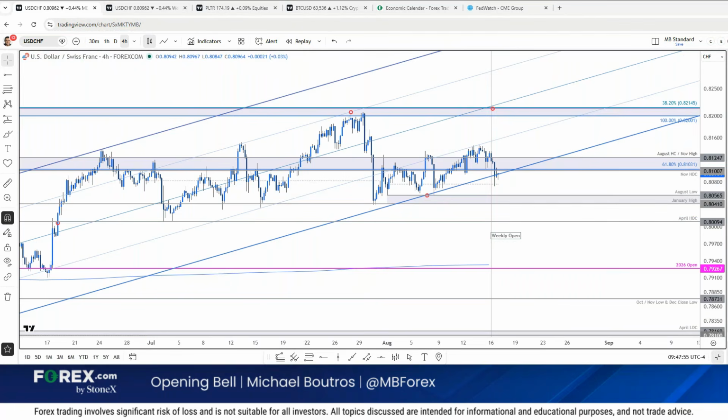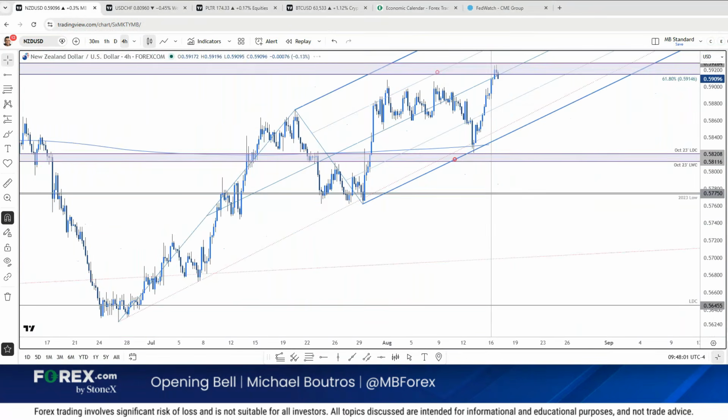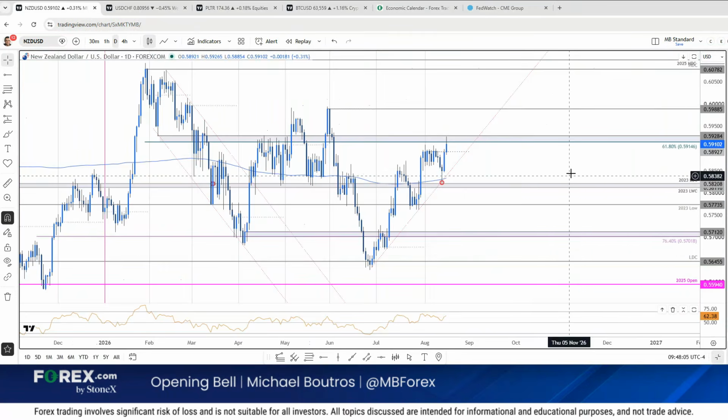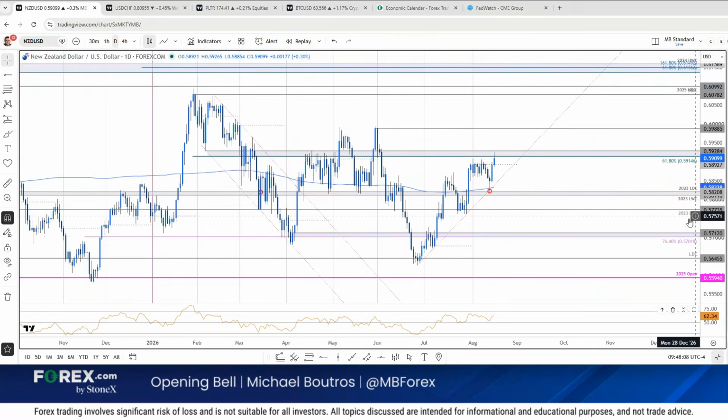Do you mind running through Kiwi real quick? I've got the bounce at 618 off the yearly high. Thoughts? We're at resistance right now, man. Yeah, 59.14. I was talking about this in the last webinar. Here's the daily chart. The 618 off the yearly high, you're absolutely right. It's also that swing low from February. You can see a really nice pivot here. It's also the April swing high. Name it. That's 59.28. It's 59.14.